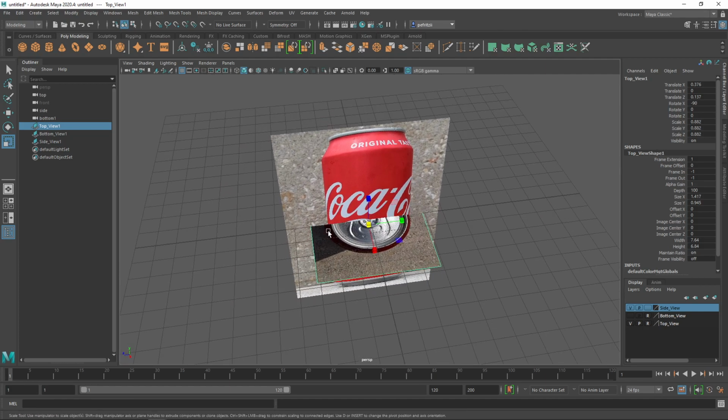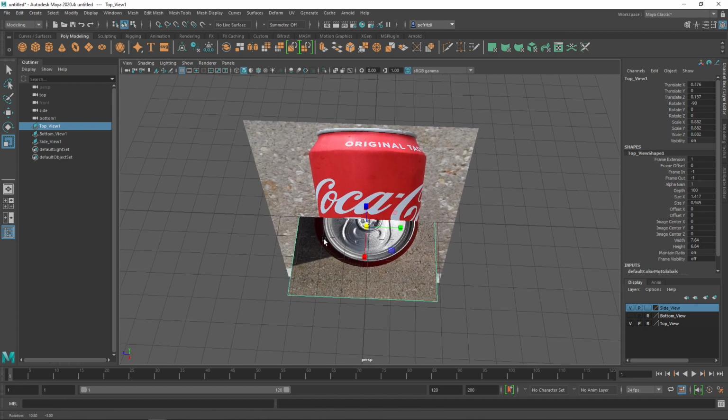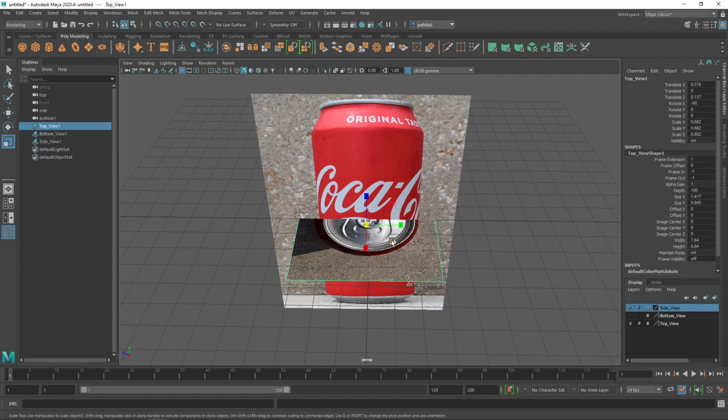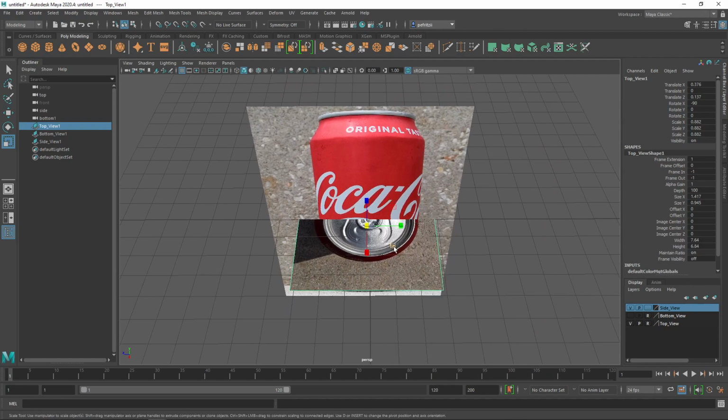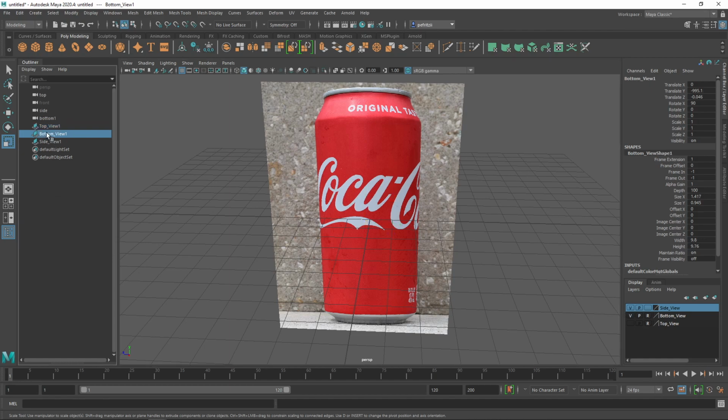And you can see that it's not the perfect picture over here on the side. I am off a little bit. Over here we got these lined up just fine. Okay. Now let's go ahead and do the same thing for the bottom. I'm going to hide the top view, bring back the bottom view, select it over here,